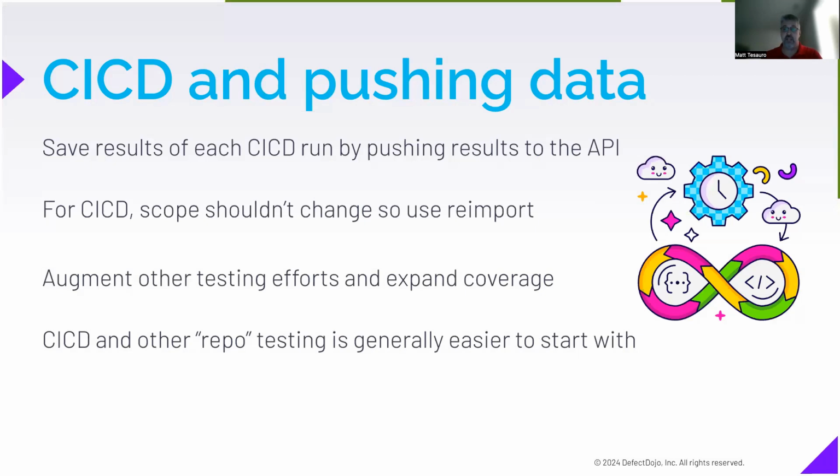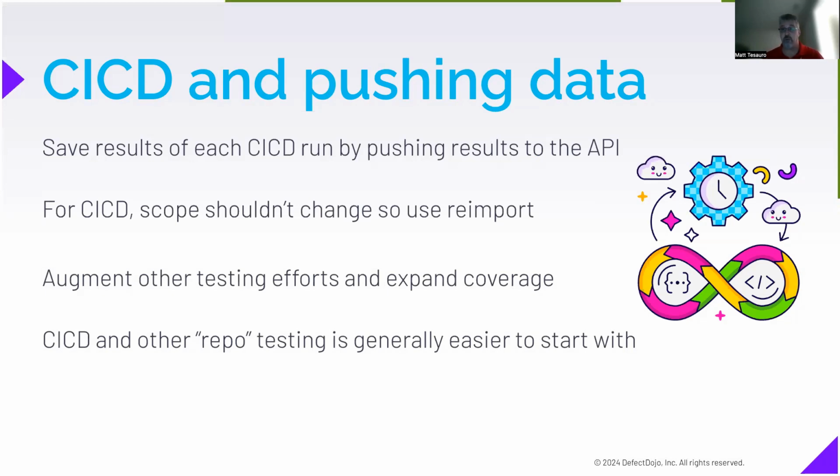And then CI/CD and pushing data. And I get your bingo chart out. I've got the infinity symbol for DevOps here. So like, we all win. I found this really hokey one. I thought was a great example of some of the silly icons we use for CI/CD and DevOps. But anyway,